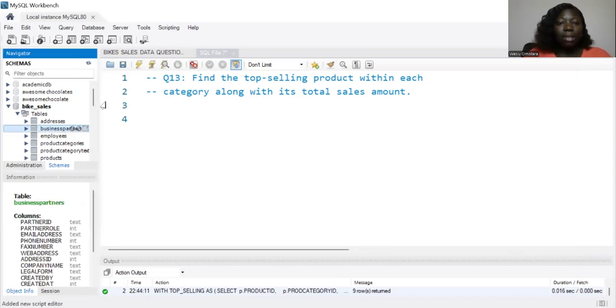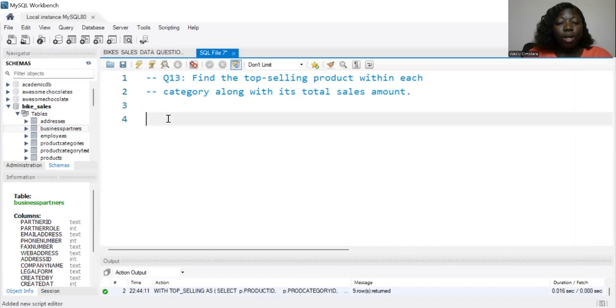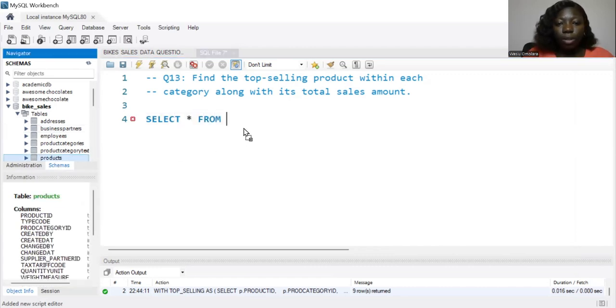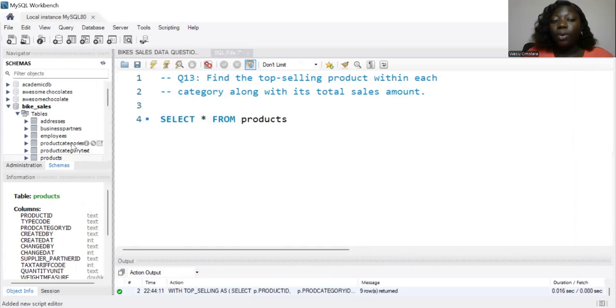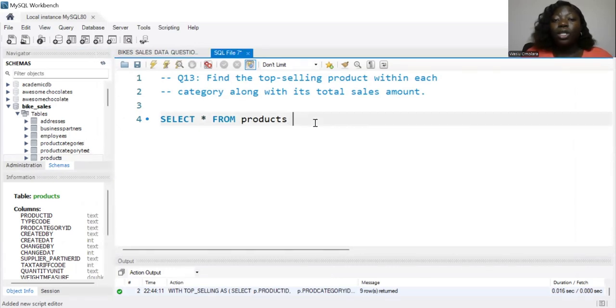So let's start. The problem says we should find a top selling product. So of course we know that we're going to select star from the table called products. Within each category, that means we need something called the product categories. So now we are trying to do a join on two tables. We need the products within each category. So I'm going to do a left join